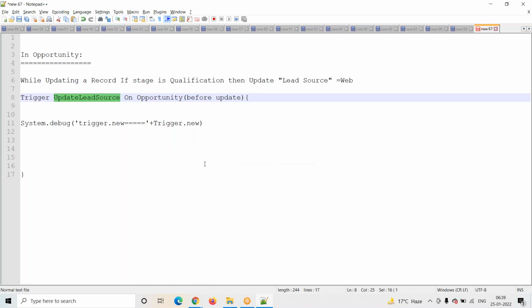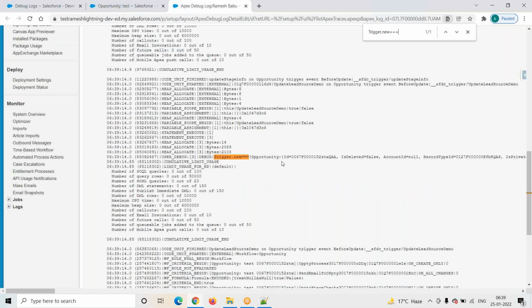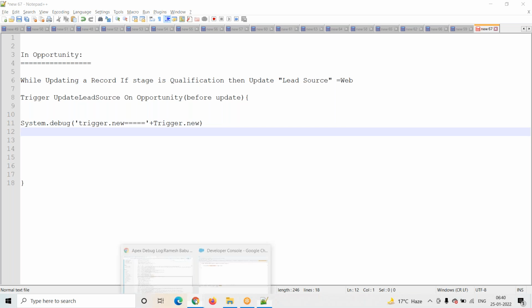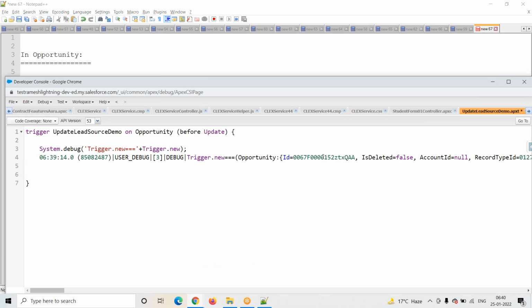And now we have to verify. Okay, where is our trigger? Go to here, verify this statement. Is this statement printed or not? Go to here, Control F. Here you have to observe, sorry, this statement is printed, right? So what we have to observe is that the id is printed here.